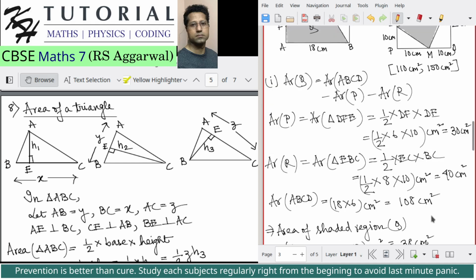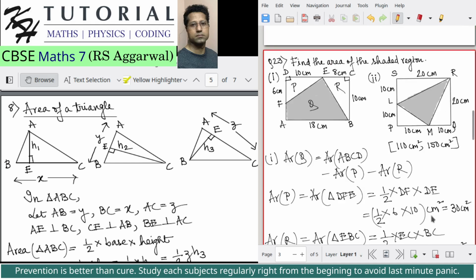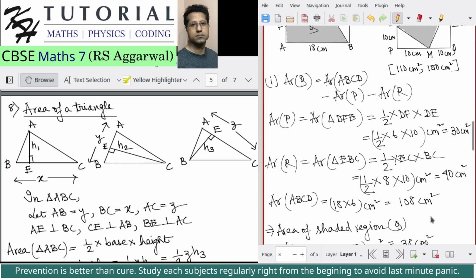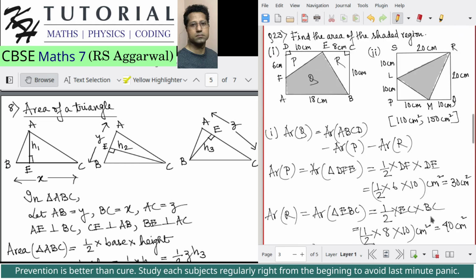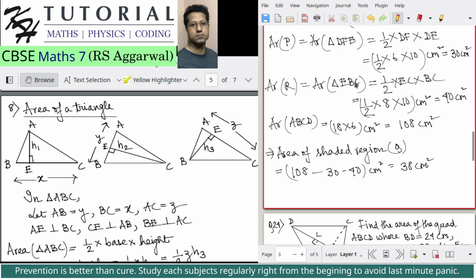Okay, and what is area of rectangle ABCD? Area of ABCD is not 6. See, 18 is the length and the breadth is 10 centimeter. So I did a mistake over here. This should be 10, and this is 180. So 180 minus 70 is 110